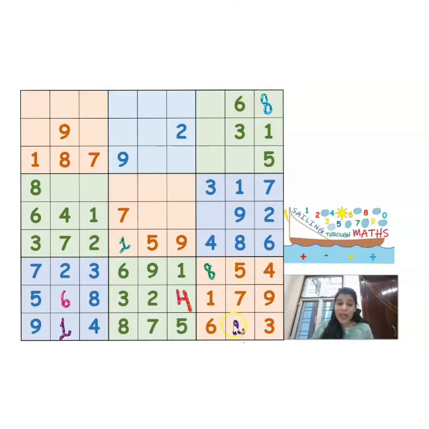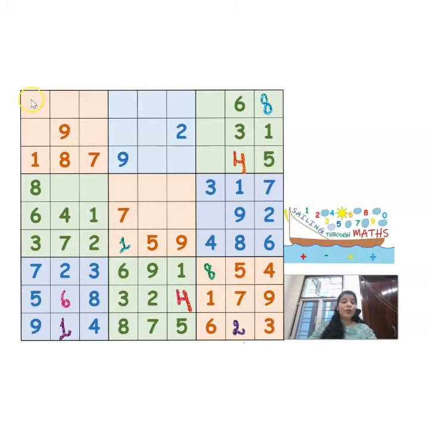Why am I going to switch on to the 8th column? Because now only one number is remaining here. See, in 8th column only one number is missing. Let's see which that number is. 1, 2, 3. And 4 is the number which is missing here. See, 5, 6, 7, 8 and 9 are already there. So the number which is going to come here is going to be equal to 4. So now we have filled our 8th column as well as 9th column.